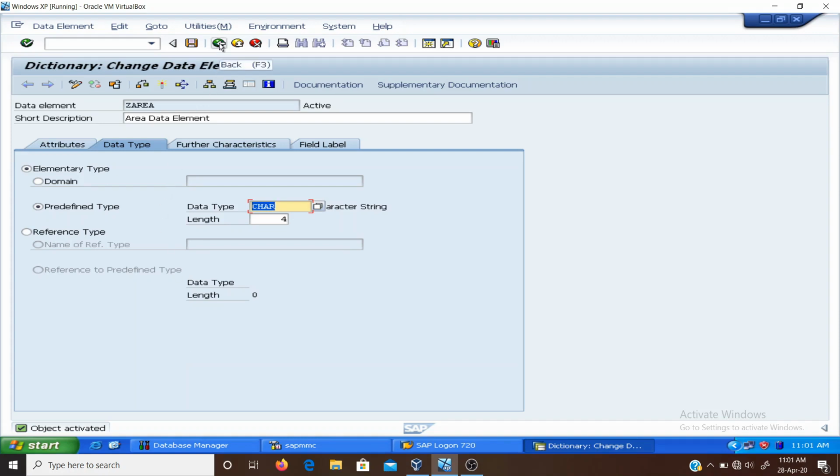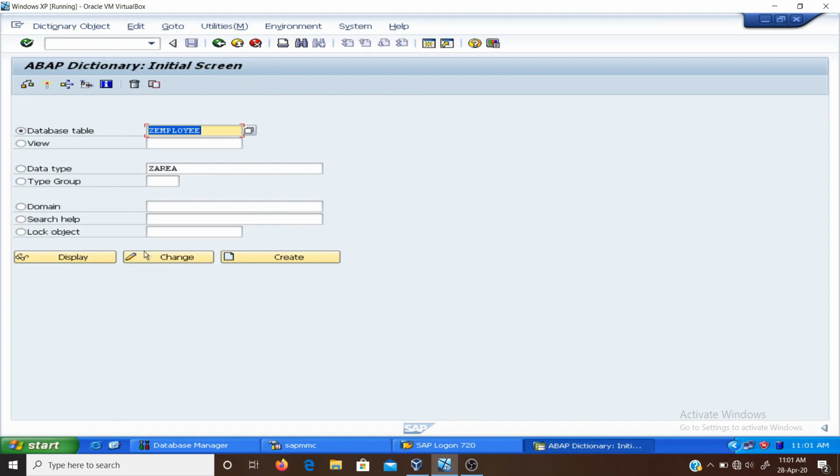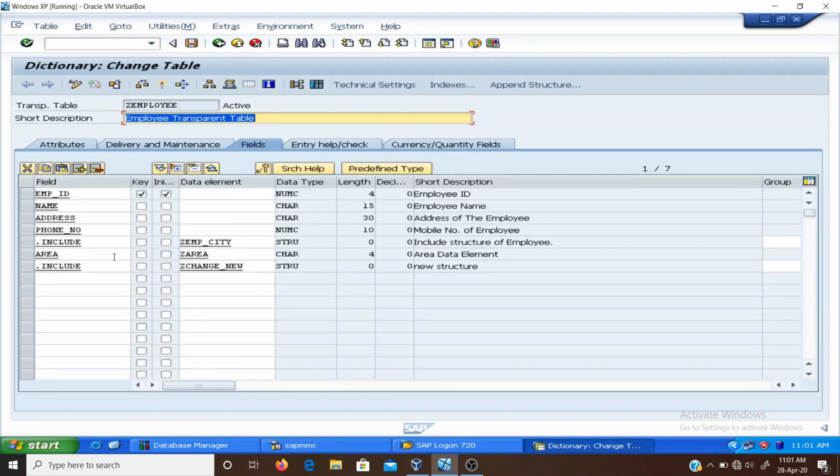Now you can go back and see the database table ZEmployee. Click on the change button and you can see the data element area has the data type character, and the length has been changed from 1 to 4. Click on the save button and then check and activate. In this case we do not need to adjust the database table because the data element area has already adjusted the table ZEmployee. Now we are taking another way of adjusting the database table by using the utilities,